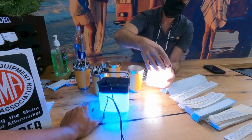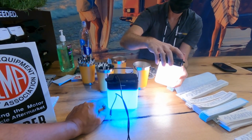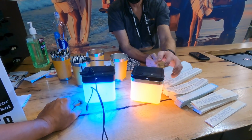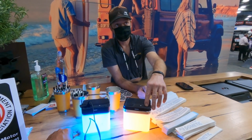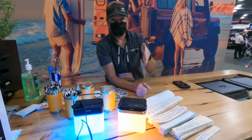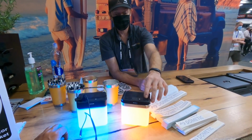It's also Bluetooth compatible, so you can change through the colors through the app. Oh, wow. The other thing that's actually probably my favorite mode is this mode right here, what we call the bug mode, and it's a certain wavelength of light. It doesn't repel the bugs, but when bugs are attracted to light, this wavelength they can't even see. Oh, really? They don't even come around. So you can set this up